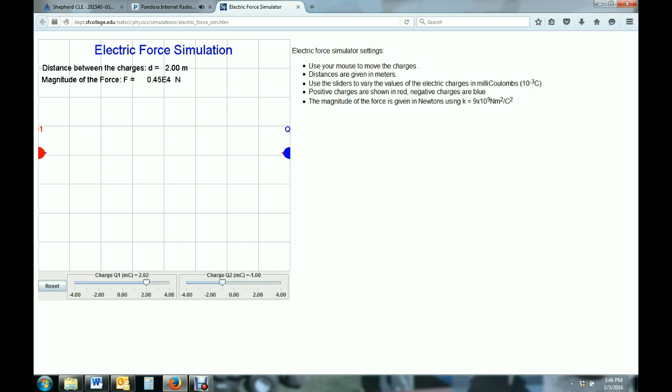This is very similar to what we saw for gravitation. In fact, it is identical to what we saw with gravitation. If I double the distance between my charges, the force goes down by a factor of 4. If I could triple the distance, then the force would go down by a factor of 9. If I take the distance and I start at 1 meter and I put it at 0.5,